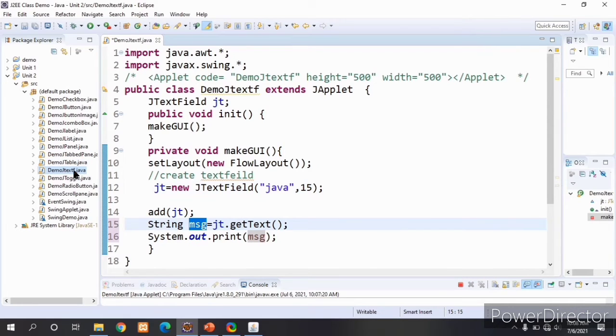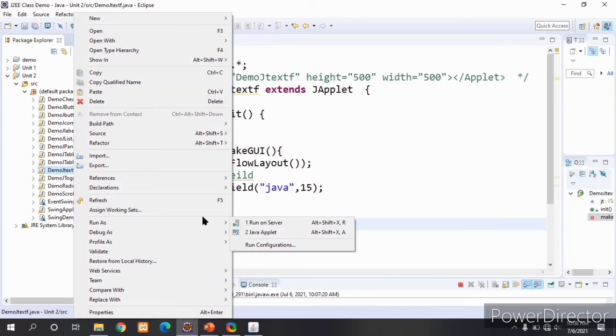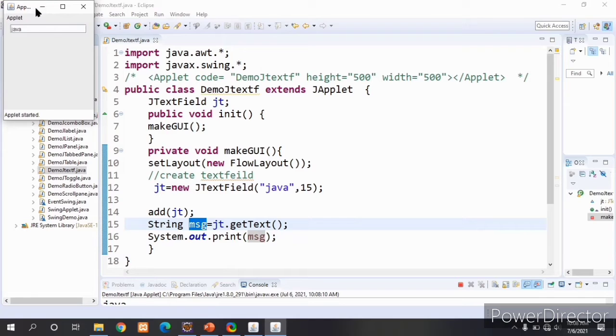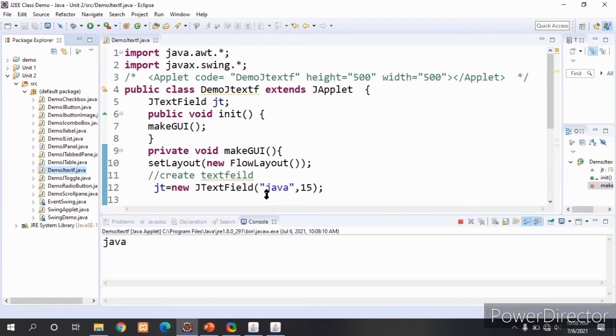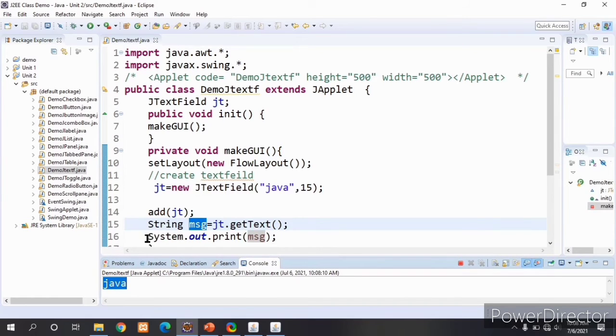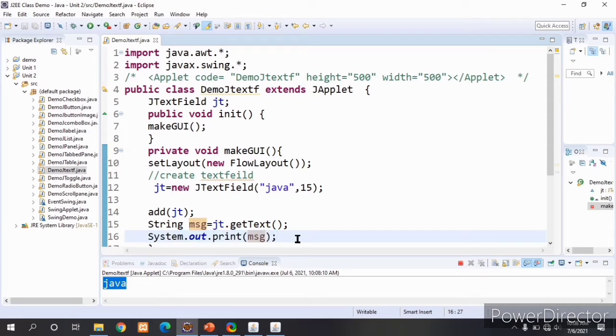I will execute now. This is our applet viewer. See here, whatever text we have set, it is printing on the console. Why? Because we are using System.out.println here.